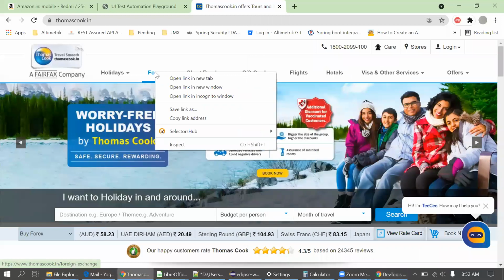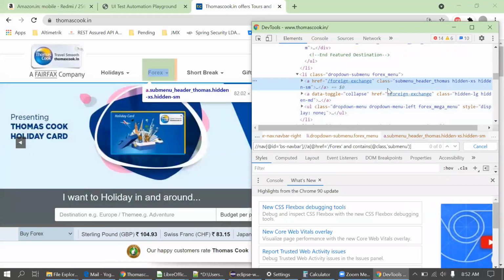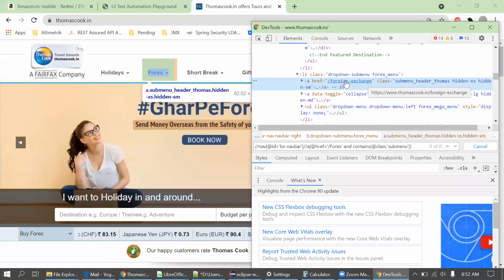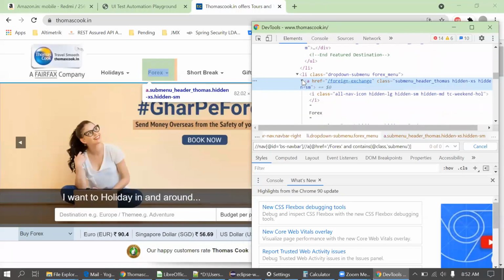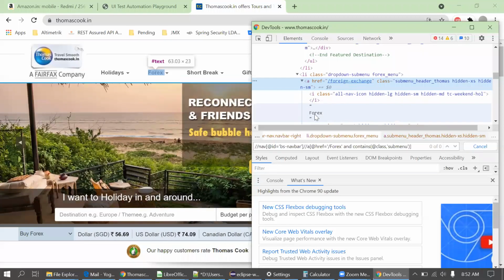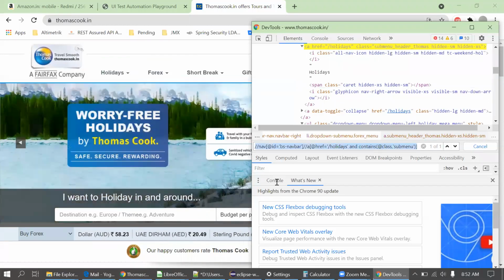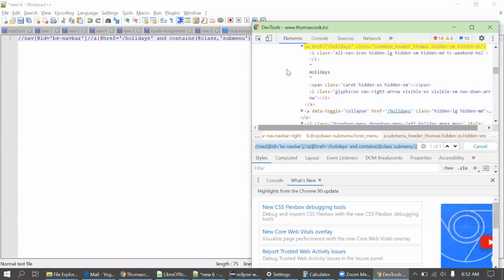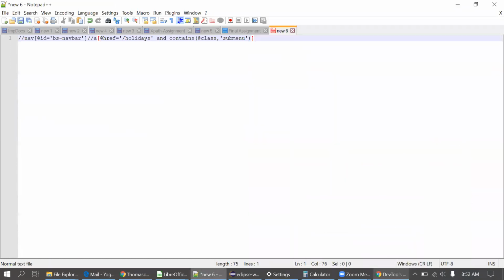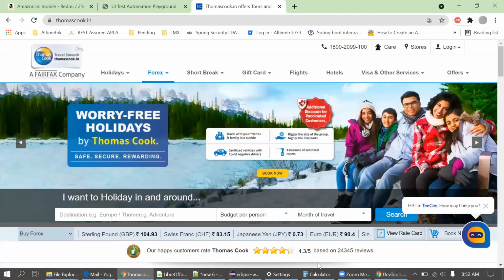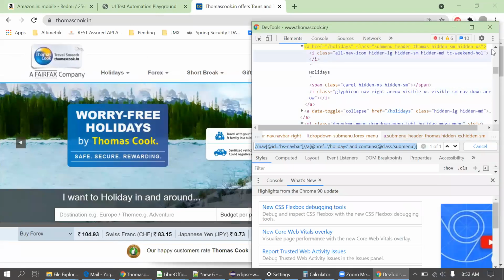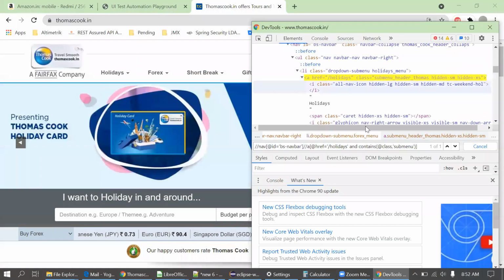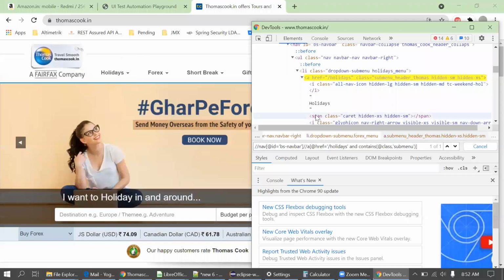Let me check why. What is the difference between these two? It's foreign exchange. Okay, there is a name change here again. Okay, and here is the actual text. First, I will copy this so I will not miss it. We have to create an XPath in such a way that it can be used in multiple ways. If you are just changing the name text here, it should work. Okay, that's fine. I'll make this XPath in a different way.